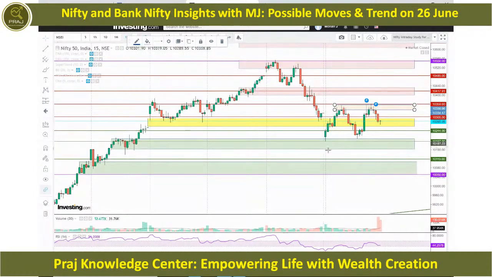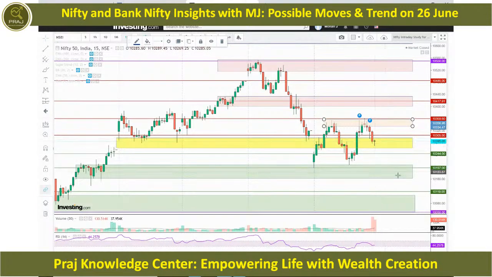It opened in this zone and it started moving up, right? So it was a double bottom or accumulation zone. Long was a natural trade here at this zone. So similarly, tomorrow also, if Nifty opens at this zone, watch out what kind of structure, candlestick structure it is making,